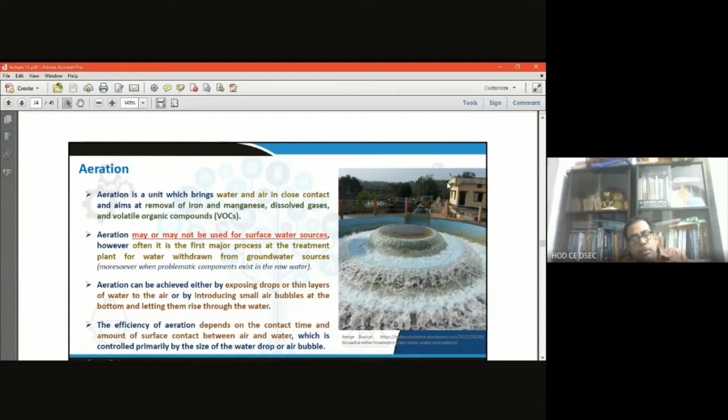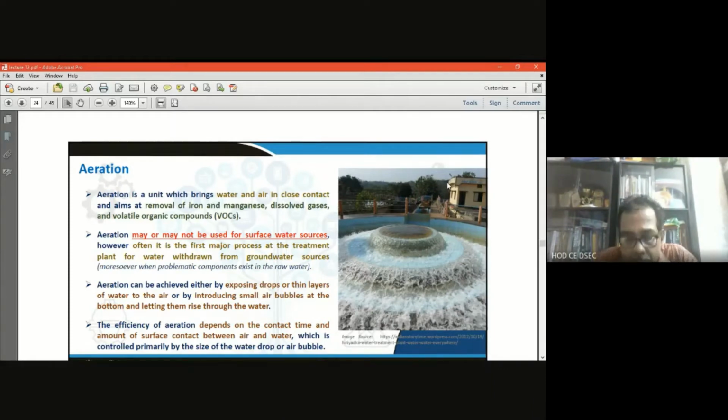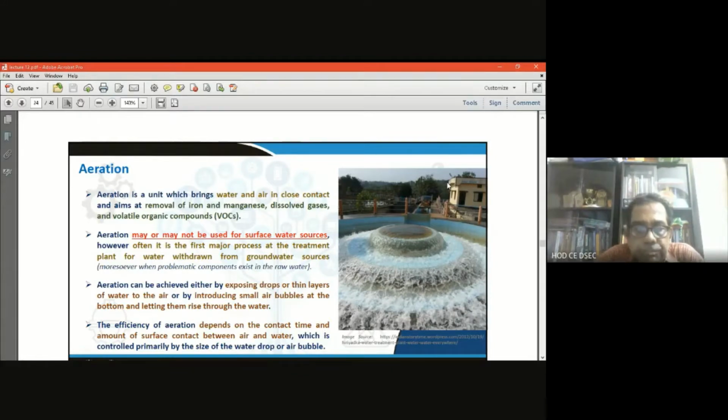Last class, if you want to recapitulate the earlier lectures, we saw the schematic diagrams, that is, the flowchart of the treatment process, separately for surface water treatment and groundwater sources. That means water collected from the two sources, surface water and groundwater, and their treatment processes, which we saw in schematic diagram or flowchart form. We discussed the preliminary treatment, the screening process, in the closing lecture, the 12th lecture. In continuation of water treatment today, we'll discuss aeration.